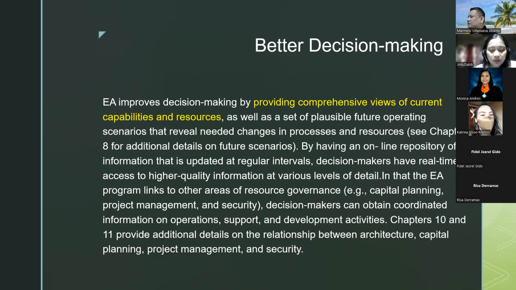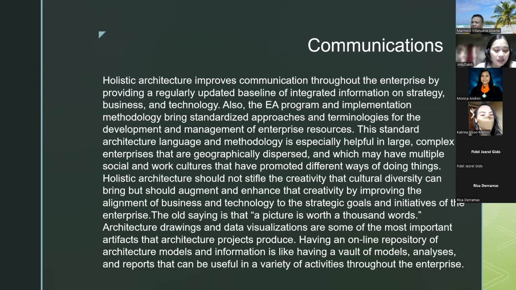Decision makers can obtain coordinated information on operation, support, and development activities. In chapters 10 and 11, they will provide additional details on the relationship between architecture, capital planning, project management, and security.